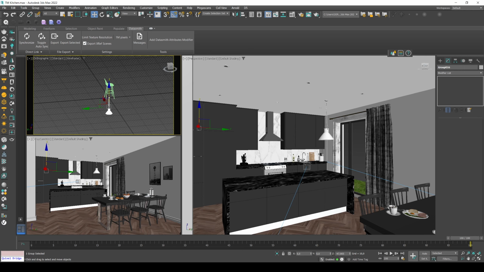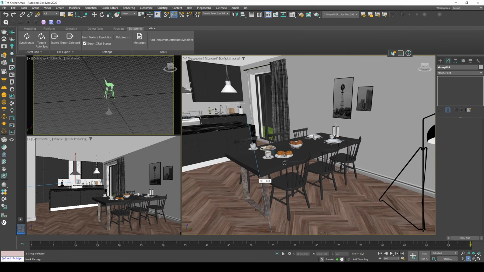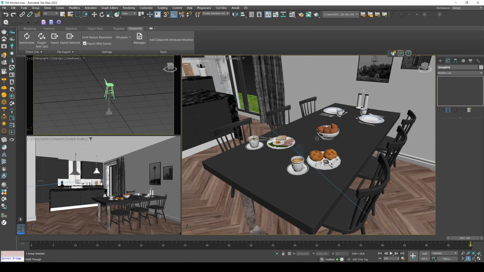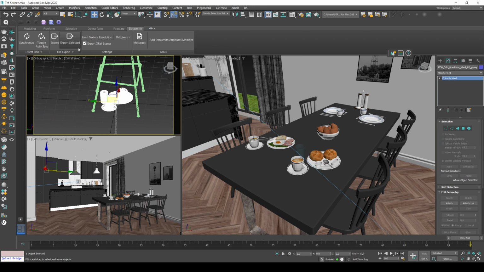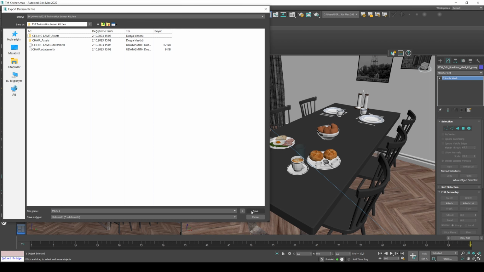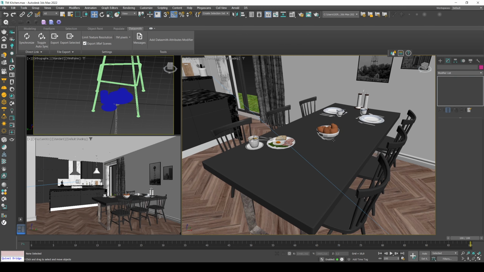Let's push forward. Here we can see a table and accessories on it. They are proxy models. We are going to import them and export. I'm going to call this meal1. After that, I'll hide that from Max with this hide selection button.